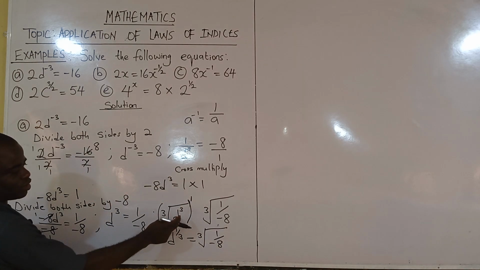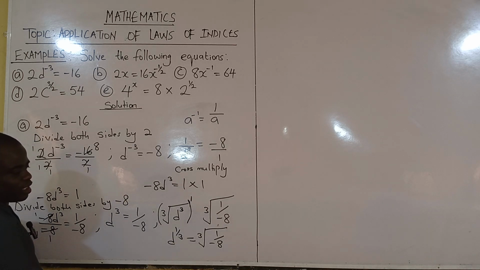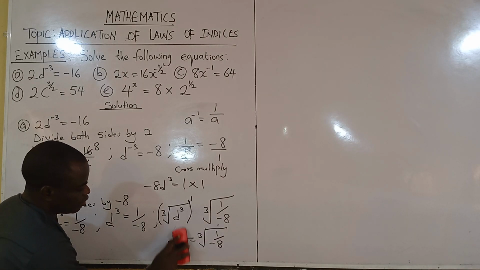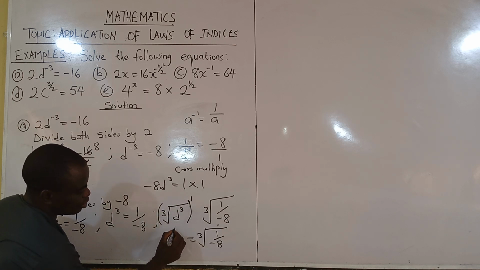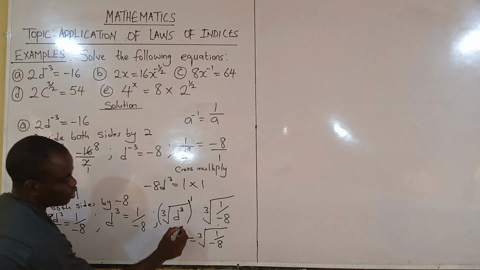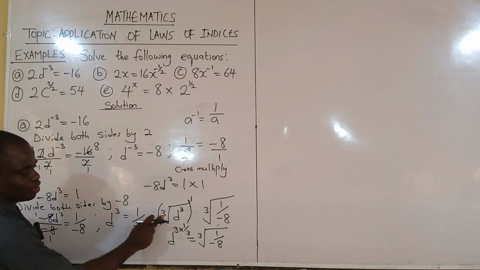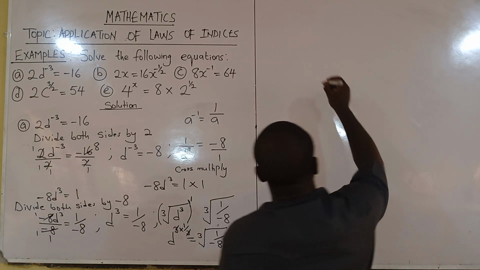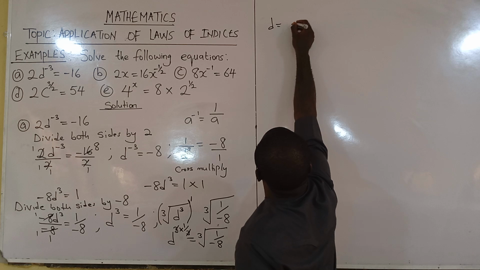From here, you can just cancel the 3. We cancel the cube root directly, but I want to show you how the 3 cancels out. Don't forget that we have 3 here. There's 3 inside the cube root, 3 times 1 over 3. This 3 outside is the cube root, and we put 1 over 3. Now 3 cancels this 3. You are left with d equals the cube root